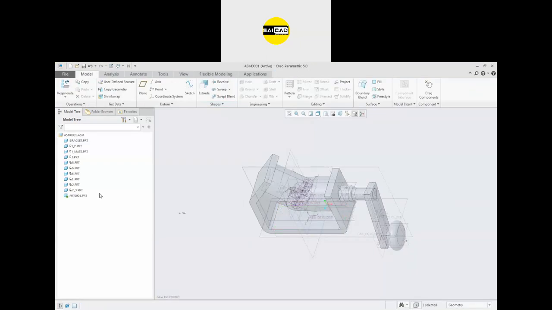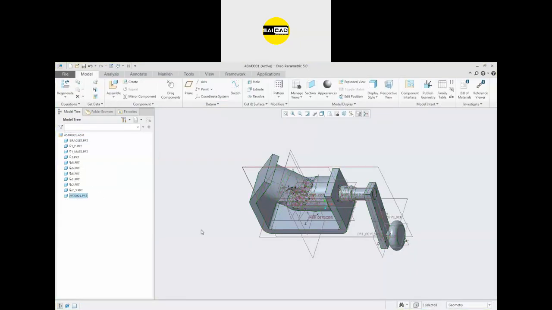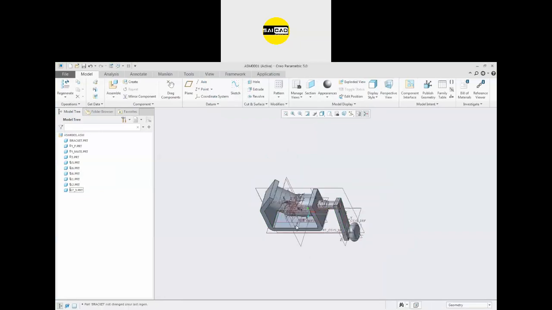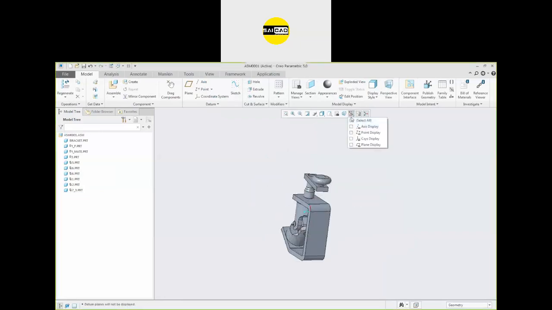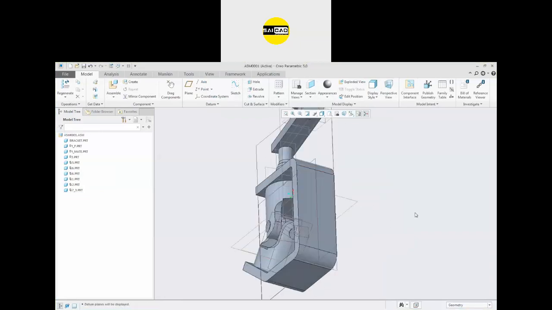So we should have defined the location first. I'm going to delete this one from here. I'm going to leave everything out except the plane.